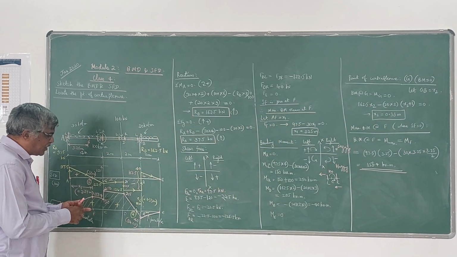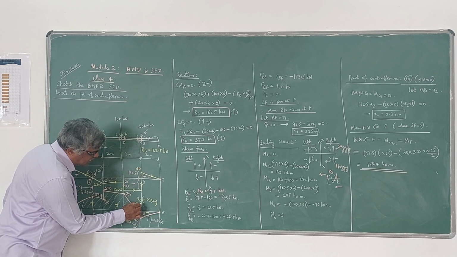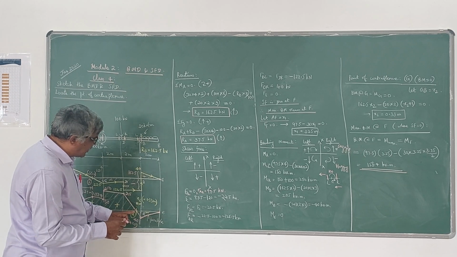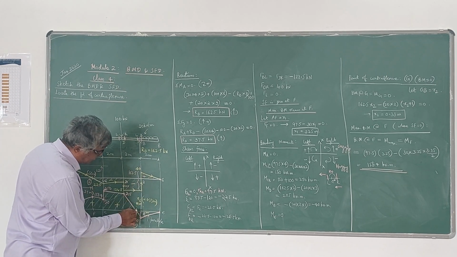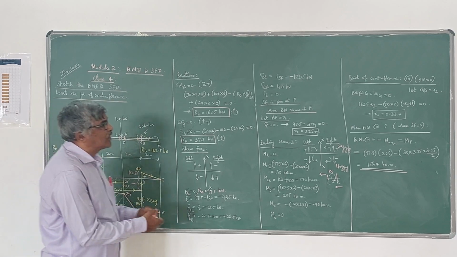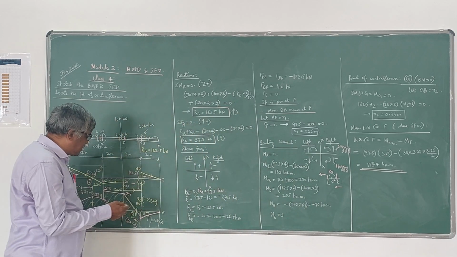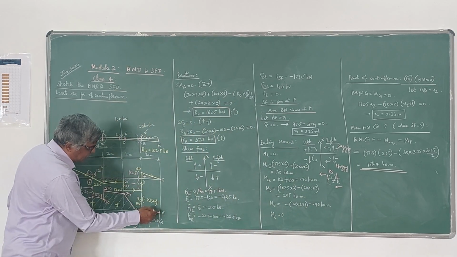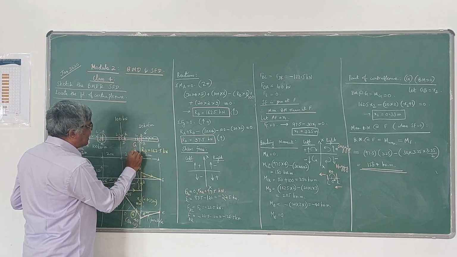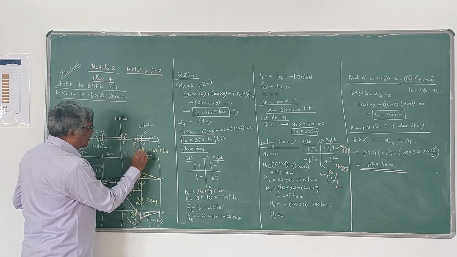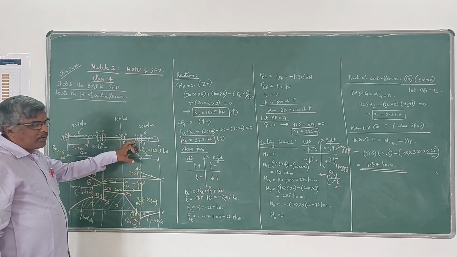For that, what we will do is, we will assume this distance as x2. From B to this G, we will take this distance as x2 and we will write the bending moment expression at G and equate it to 0. Because bending moment is 0 at G, MG is 0. So that is the condition we are going to use. If you write the bending moment expression at G by seeing to the right side, G is now here. This is the point G and this is your x2. So x2 we have to find out now by equating this bending moment at G as 0.